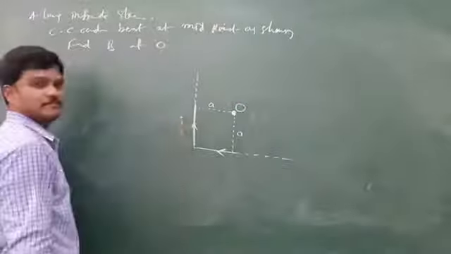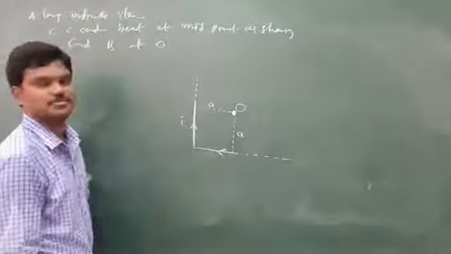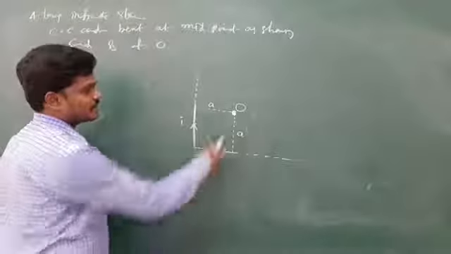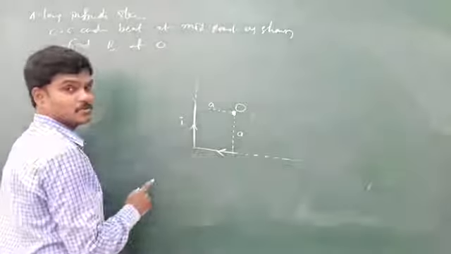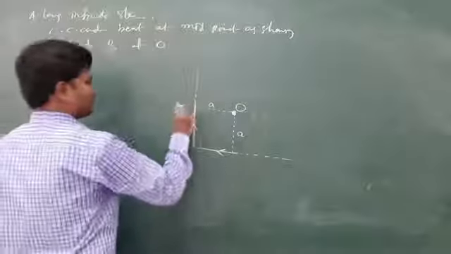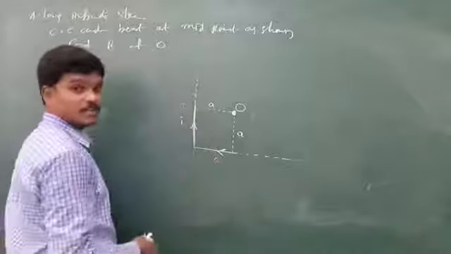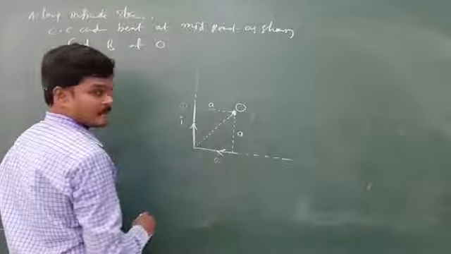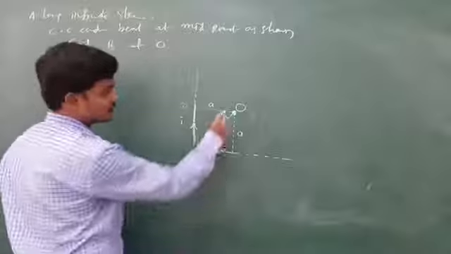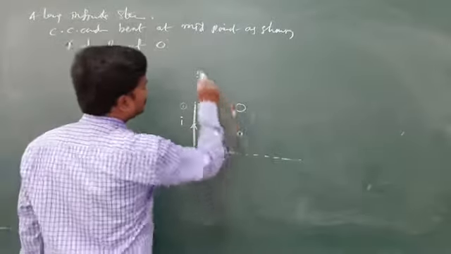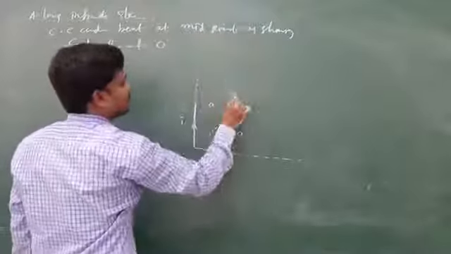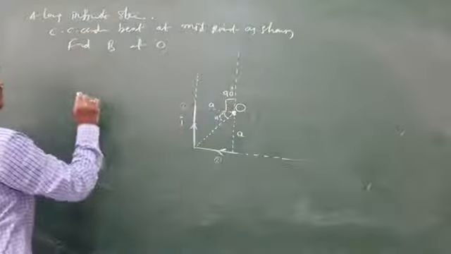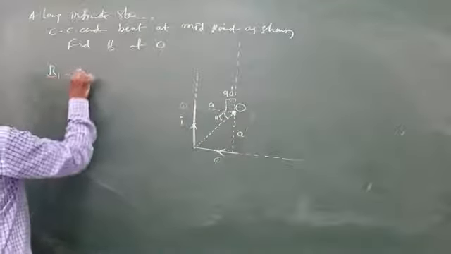It carries current I. If the current is given as something like 5 ampere, you substitute the values. See, these are the two infinite wires, and this point is not at one end. Now let us find the field due to this and due to this, and both will be equal because the distance is the same. Here join a line. No doubt this angle is 45, because these two are perpendicular. And to join this, you drop a straight line. Here one angle is 90, the other angle is 45. So for 1 and 2, d1 and d2 are equal.